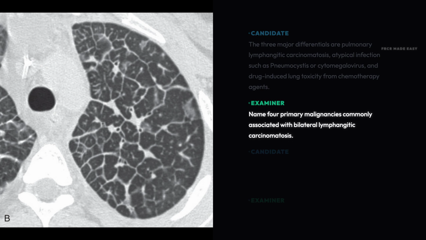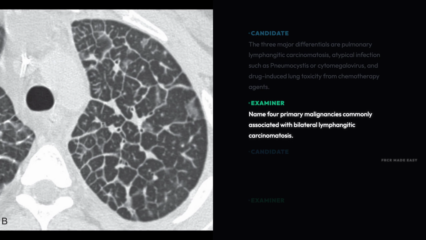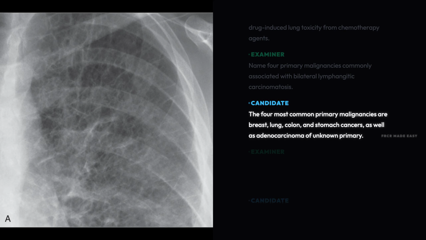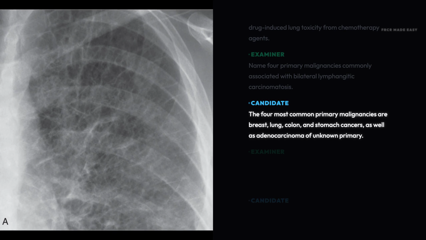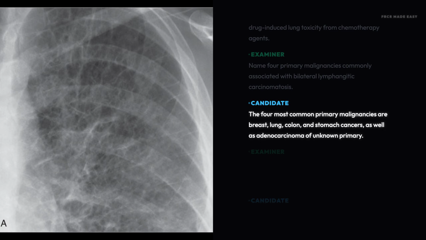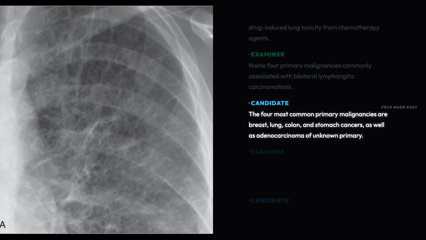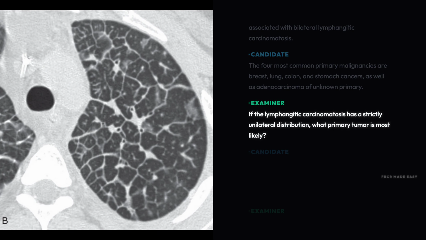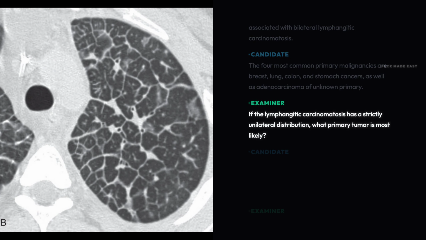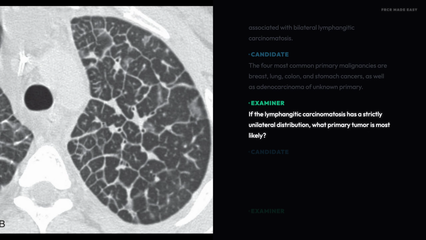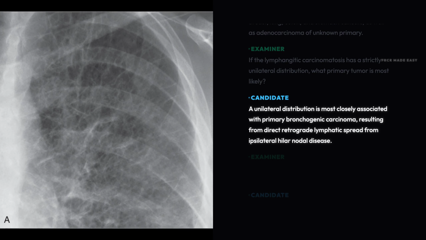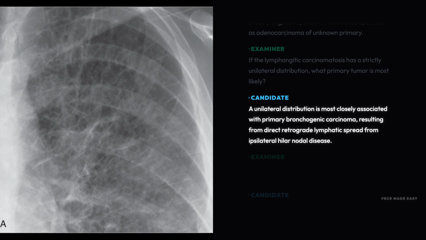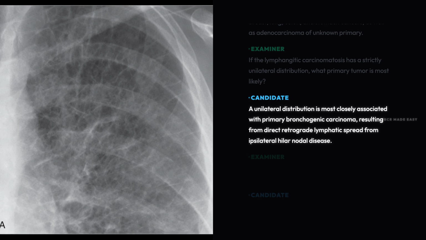Name 4 primary malignancies commonly associated with bilateral lymphangitic carcinomatosis. The 4 most common primary malignancies are breast, lung, colon, and stomach cancers, as well as adenocarcinoma of unknown primary. If the lymphangitic carcinomatosis has a strictly unilateral distribution, what primary tumor is most likely? A unilateral distribution is most closely associated with primary bronchogenic carcinoma, resulting from direct retrograde lymphatic spread from ipsilateral hilar